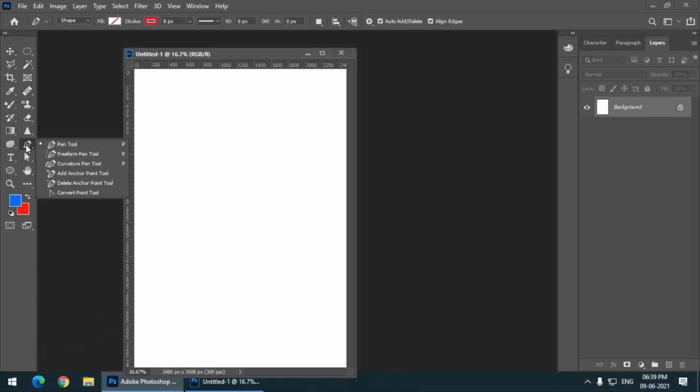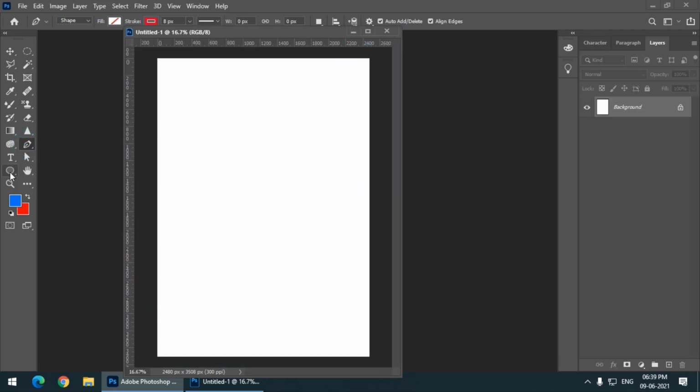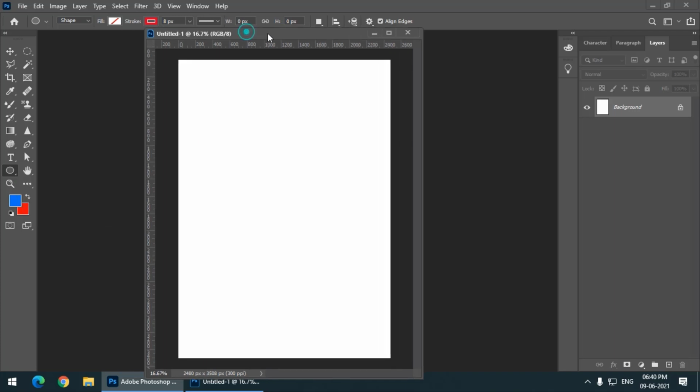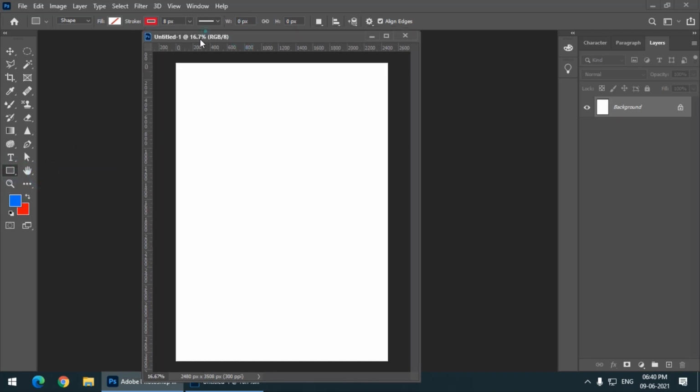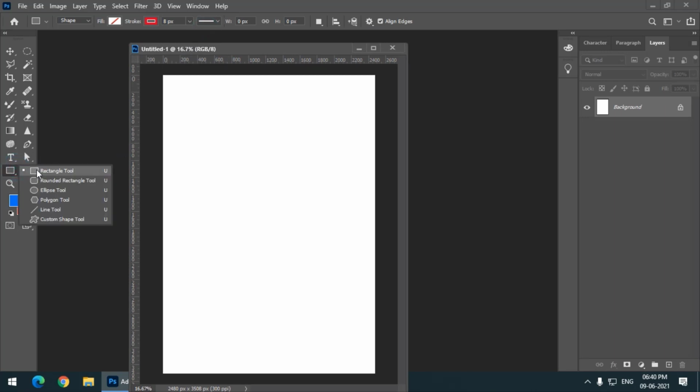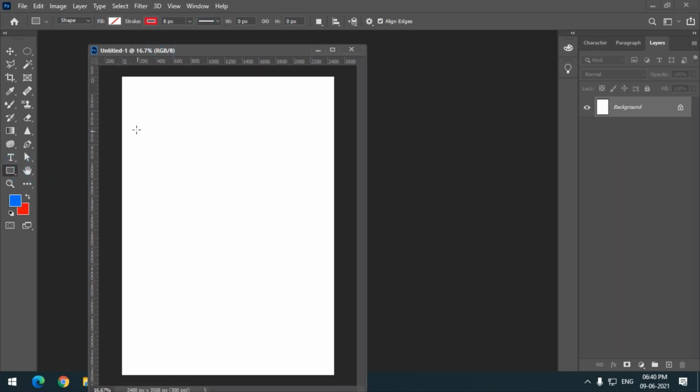So if we want to create any shape from the scratch, then we can use this pen tool. But what if we want to use some ready-made shapes? Then we can use this option from this group. They have various options over here, like we have ready-made rectangle tool, rounded rectangle and few other tools that we can use. So for example, if I want a rectangle shape, then I can choose this rectangle tool and I can simply draw a rectangle,